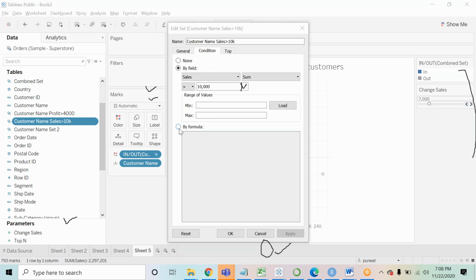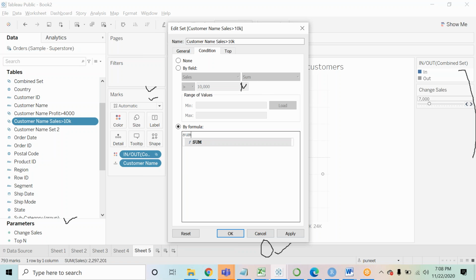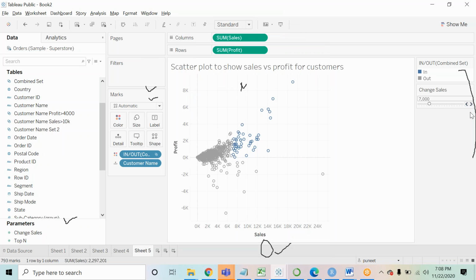लो। यहाँ पे आपको फॉर्मूला क्रिएट करना पड़ेगा, और वो फॉर्मूला भी बिल्कुल वैसा ही है जो आप लोग ऊपर ड्रॉप डाउन में सिलेक्ट करते हो। You will say you want to see that data where sum of your sales, right, आपकी सम ऑफ सेल्स इज मोर देन जो भी आपने इस पैरामीटर में सिलेक्ट किया है। पैरामीटर का नाम है चेंज सेल्स, उस पैरामीटर का नाम डाल दो, that's it. तो आप इसको अप्लाई एंड ओके करोगे। अगर आप अपने पैरामीटर में वैल्यू चेंज करोगे तो देखो आपका चार्ट चेंज होगा।